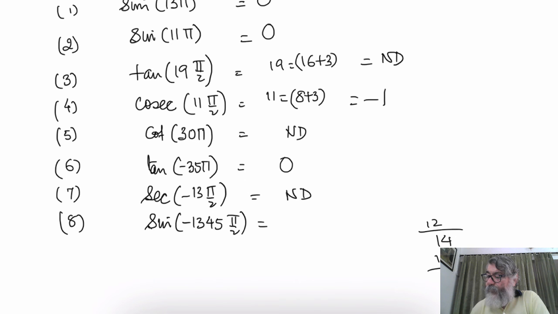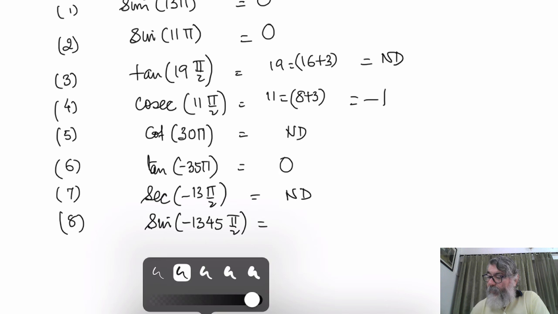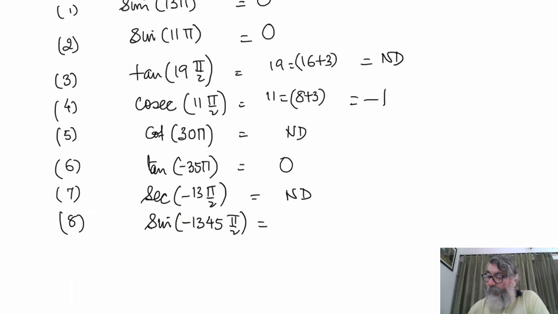So what are we going to do? 1 is the remainder means if it was a positive thing, it would have fallen along OX or OY. But because it is negative and 1 is the remainder, it will fall along downwards. And sine 90 is 1 and downward will be minus 1. It will be minus 1.